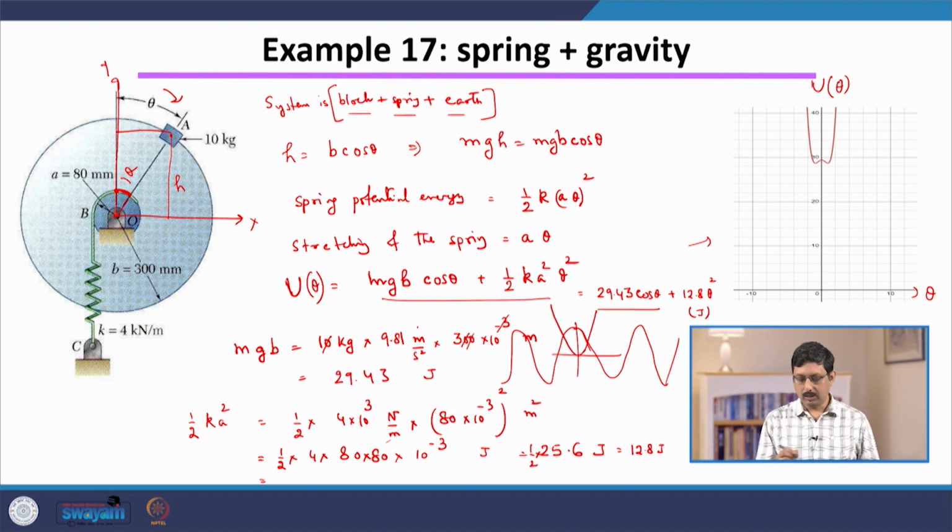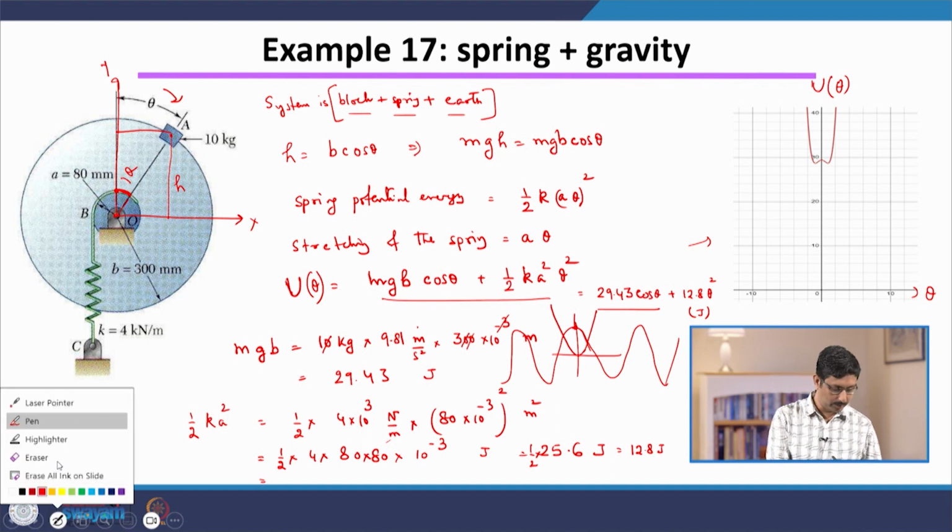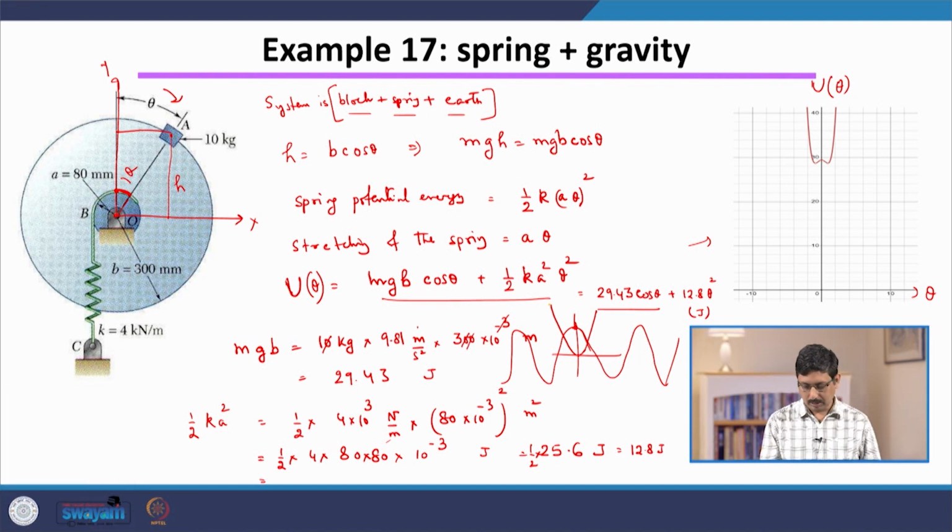So, then the total, if you add them, at theta equal to 0, it should start from here. If you add the two terms, this is the second term and this is the first term. So, the net force, net profile is going to be something like, it starts from here and goes there, and then it makes a turn,